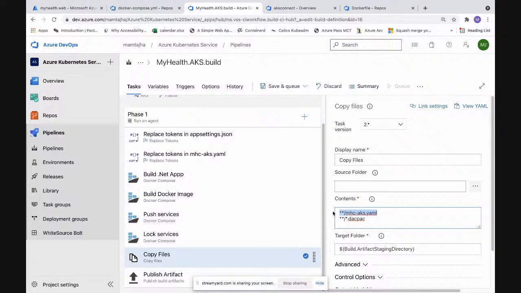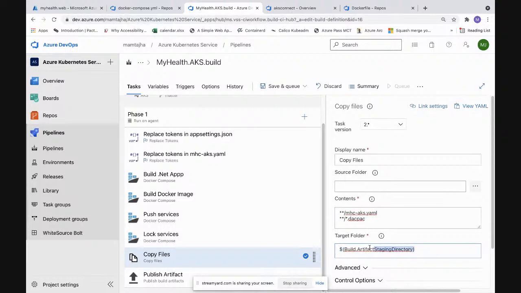If I don't publish it, it will not be able to pick up, because what did we mention? The release pipeline takes input from the build pipeline, and the build pipeline is taking input from the repository. So I'm just copying a few files. They don't need a build. They don't need anything. I'm just copying the file. And you can see here, the target folder is this.